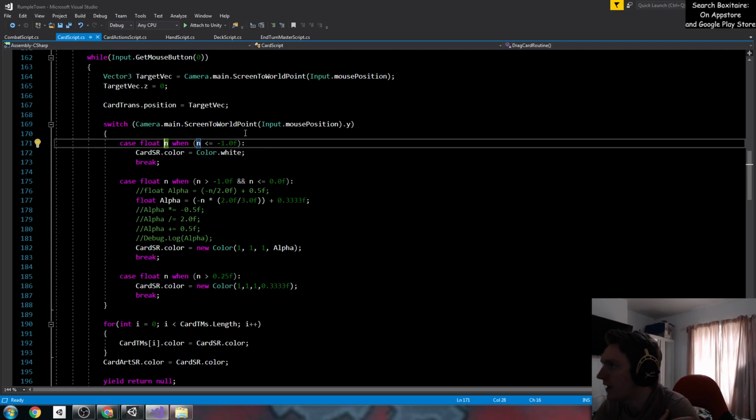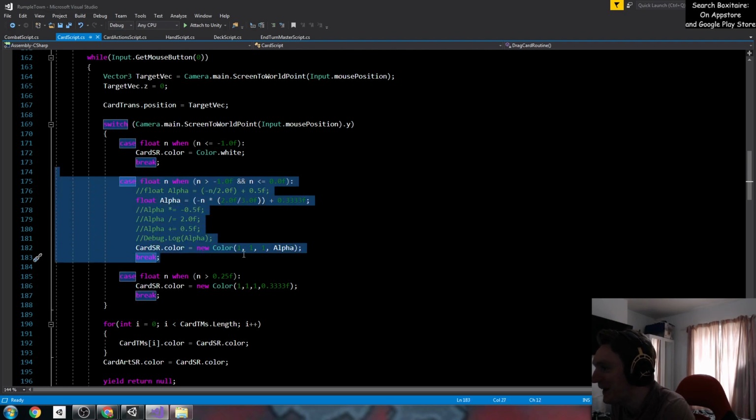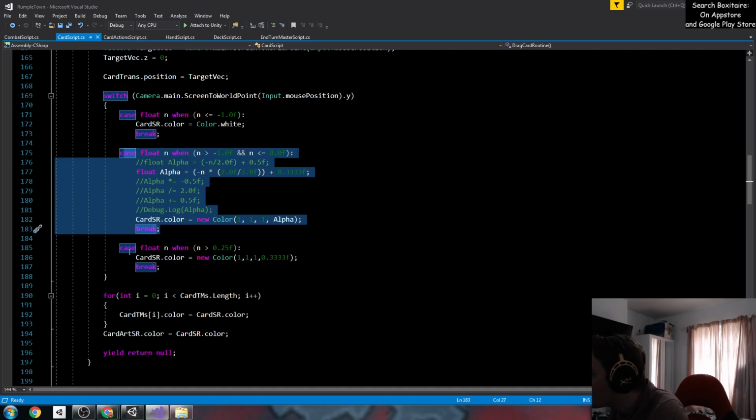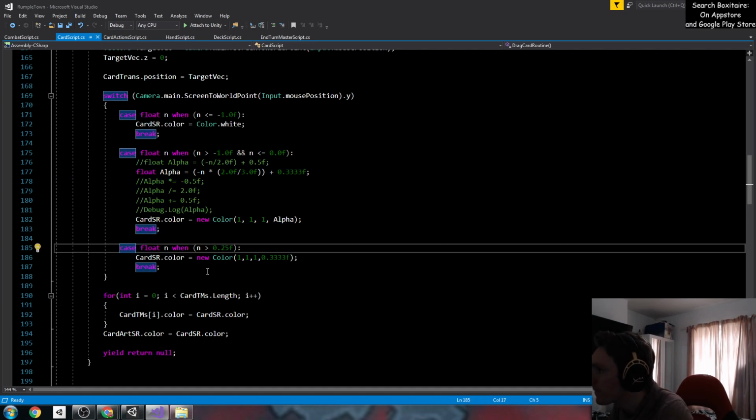What that's telling us is when the Y value is less than -1, it is just going to remain opaque, the colour white. I'll explain this bit in a sec. Don't worry, we'll get back to this. This ugly, horrible monstrosity, what is going on here? Don't worry. And when it's above 0.25, it then changes the colour to basically still white, but this alpha, this number at the end here, is going to be